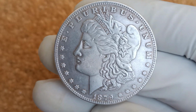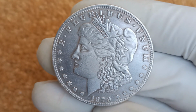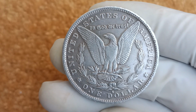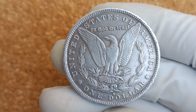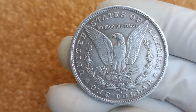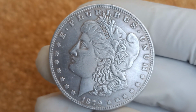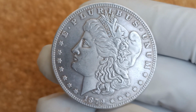In conclusion, the 1879 no-mint mark Morgan silver dollar is far more than just a silver coin. It is an enduring symbol of America's economic rise, artistic excellence, and numismatic legacy. With a market value that can reach $1,500 or more in top condition, it offers tremendous appeal for collectors, investors, and history lovers alike. As one of the early issues in the legendary Morgan series, it combines historical context, stunning design, and a rich collecting tradition that continues to captivate coin enthusiasts around the world. Whether you're acquiring it as a centerpiece for your collection or as a long-term investment, the 1879 Morgan dollar remains a powerful